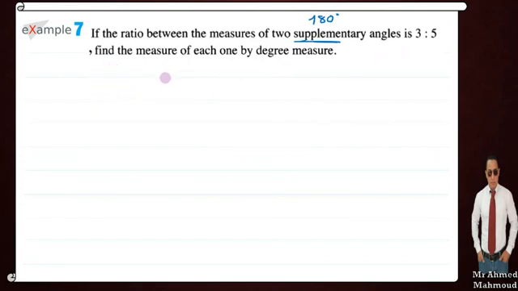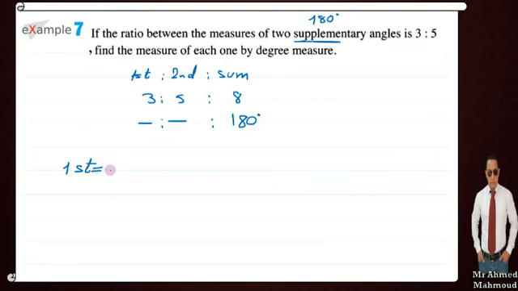Here we can solve this one in many different ways, by equation or by ratio. It's easier to solve by ratio like this: first to second to sum. First is 3 to 5. The sum means 3 plus 5, 8. And here the real sum is 180. It will be like this. So the first